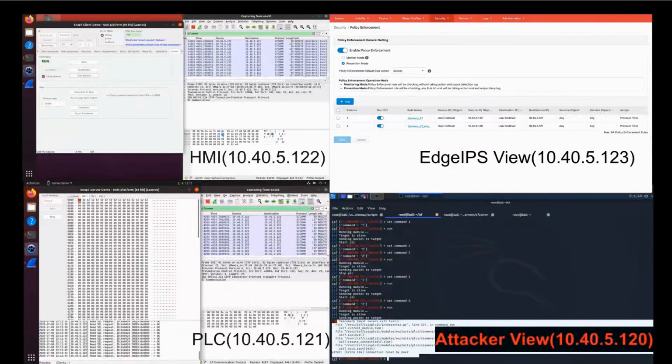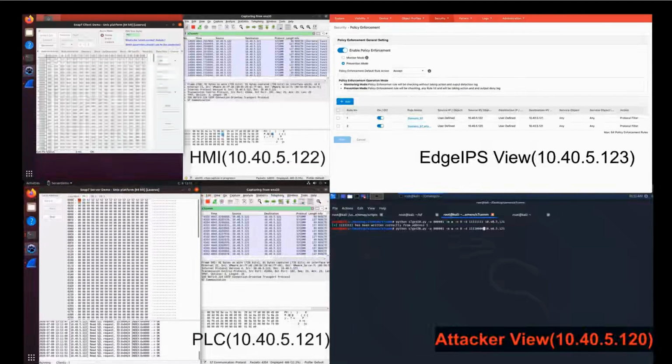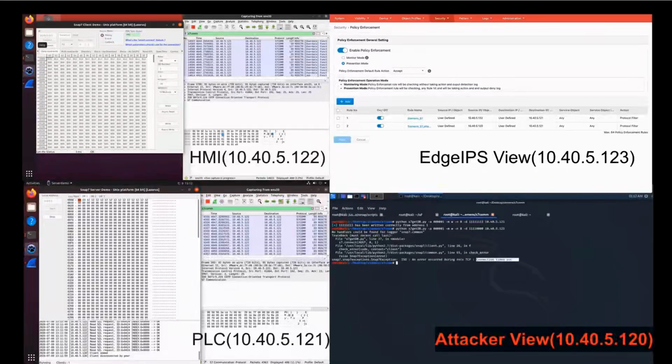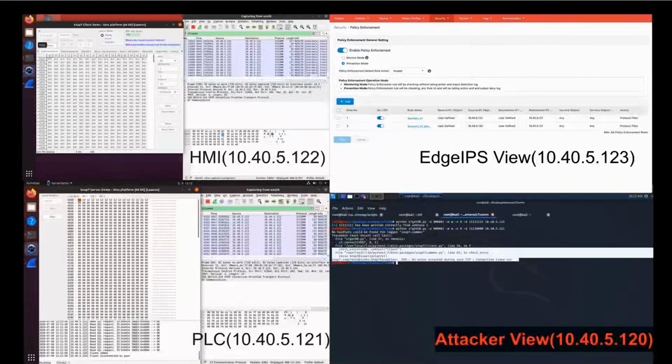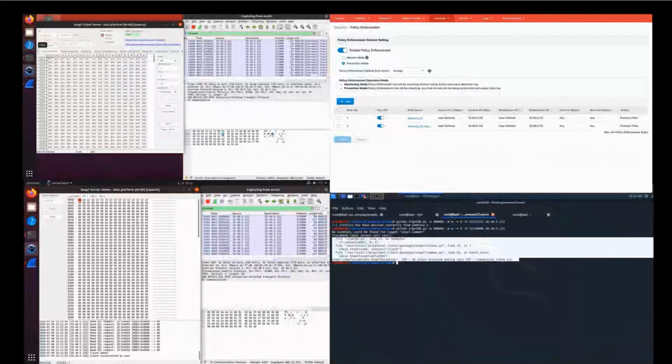Network whitelisting is very useful to protect legacy ICS network protocols, and we should do that. So here you will find the attack cannot successfully write, stop, or run the PLC. So network whitelisting is useful, and we can successfully protect our environment.